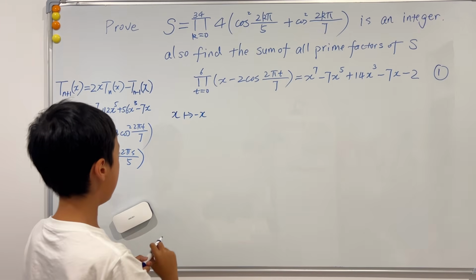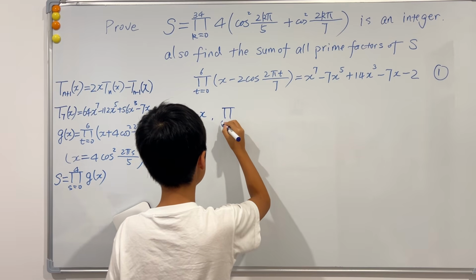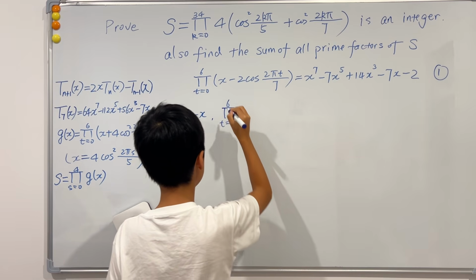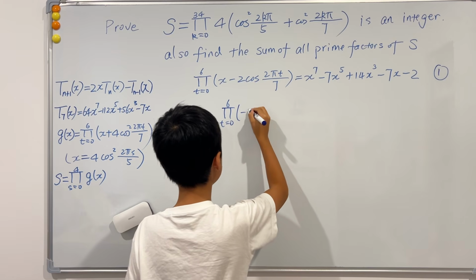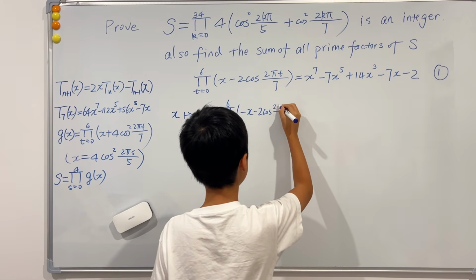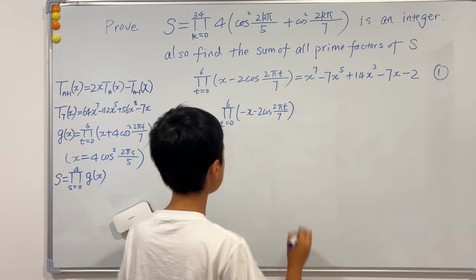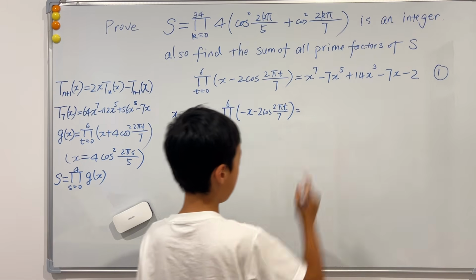So the left-hand side will become capital Pi, t goes from 0 to 6, of negative x minus 2 cosine of 2 pi t over 7, right? And then the right-hand side will be,